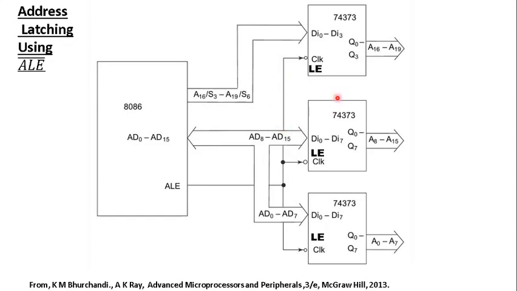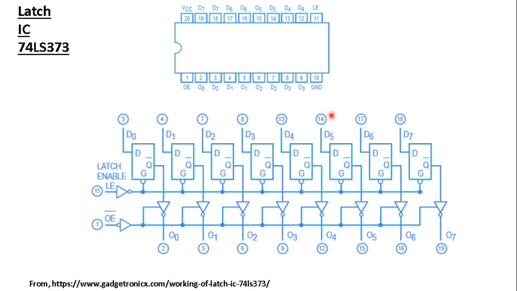So how is it possible? We have latching chips, that is 74373. We use three of them because each latch chip contains 8 latches. We have around 20 bits to latch, so we need three latch chips. The address latch enable will be controlling the latch enable inputs of these three latches. We will see how this helps us get the required address from the latch. This is the internal architecture of the 74373 IC.